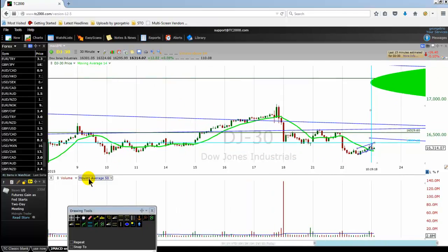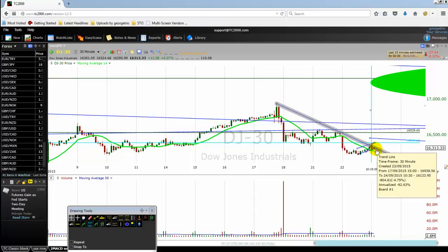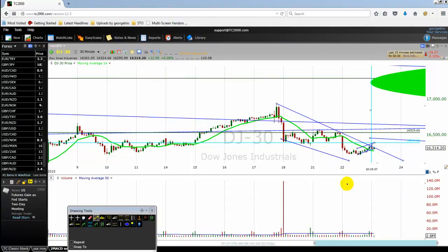All right? On the 30-minute chart, we can also draw this trend line here. This high, we are coming to the edge of it right here. On a 30-minute chart, there is a kind of declining channel in place here, but on the 3-minute chart,